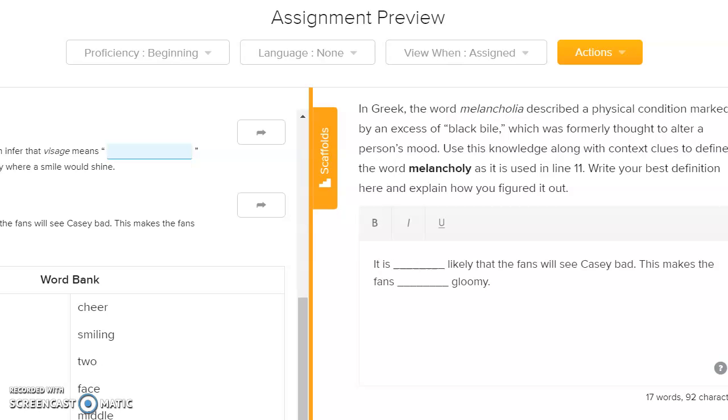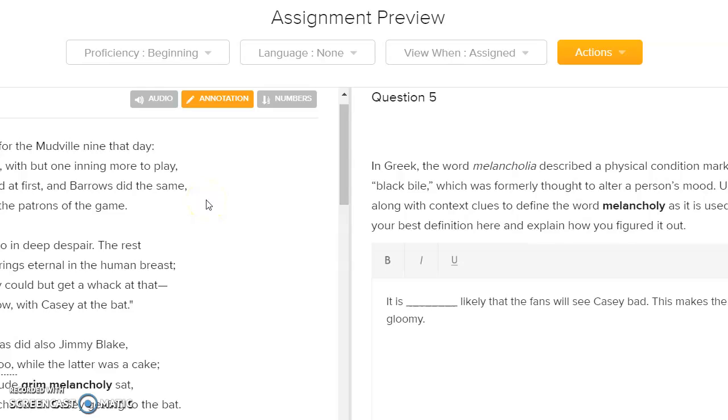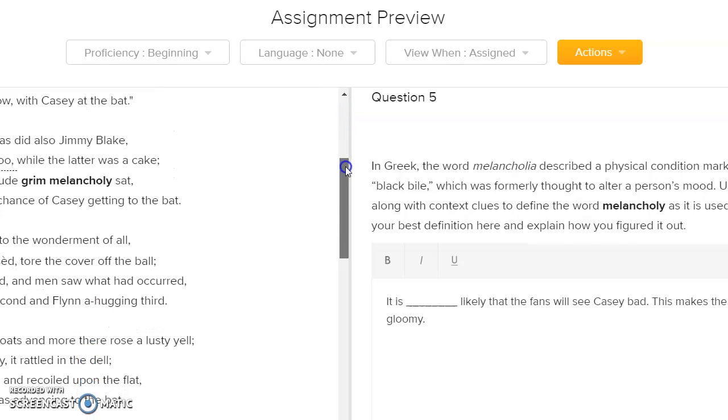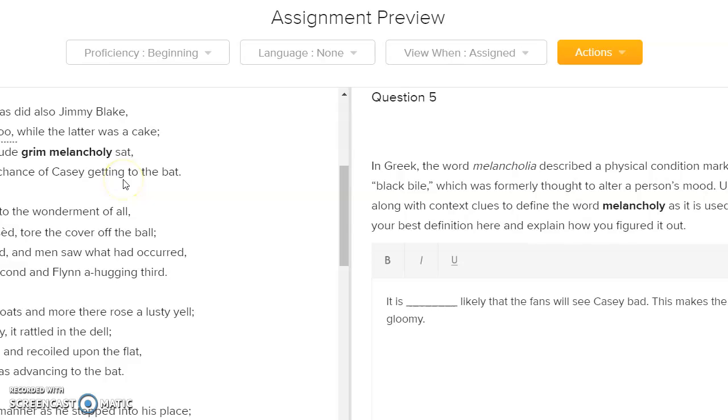So we're going to press pause and bring up the poem. So I would be able to scroll down to where I find the word melancholy. Here it is. But Flynn preceded Casey, as did also Jimmy Blake, and the former was a hoodoo, while the latter was a cake. So upon that stricken multitude, grim melancholy sat, for there seemed but little chance of Casey getting to the bat. So let's look at our support